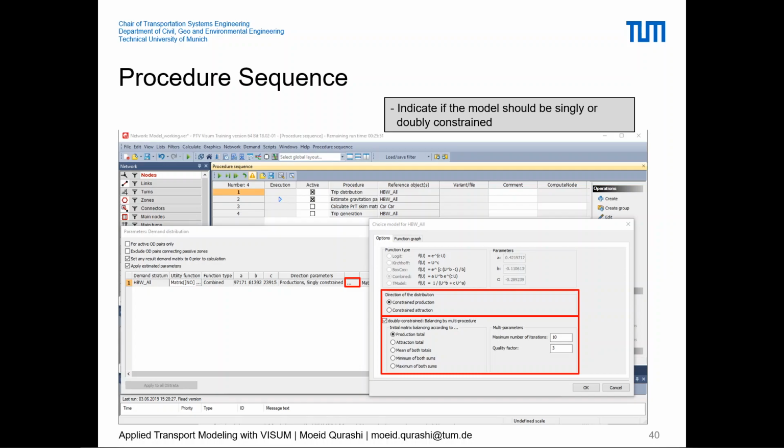So to define the constraints, we press on this button, and then here the district, you'll see the direction. So we already have the function type fixed as combined, because we estimated three parameters, A, B, C. The next thing we are doing is we need to define the direction of distribution constraint, so we say that, okay, constraint production. Now this